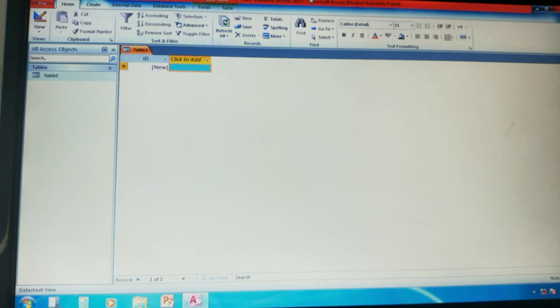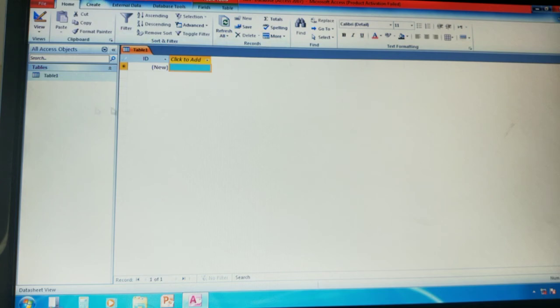At the topmost we have the title bar. The name itself says it: whenever you create a database, the database name is shown on the title bar. Next we have tabs, and this complete square, look at the screen, this complete area we call the ribbon part. In the ribbon, including the tabs, we have various commands.